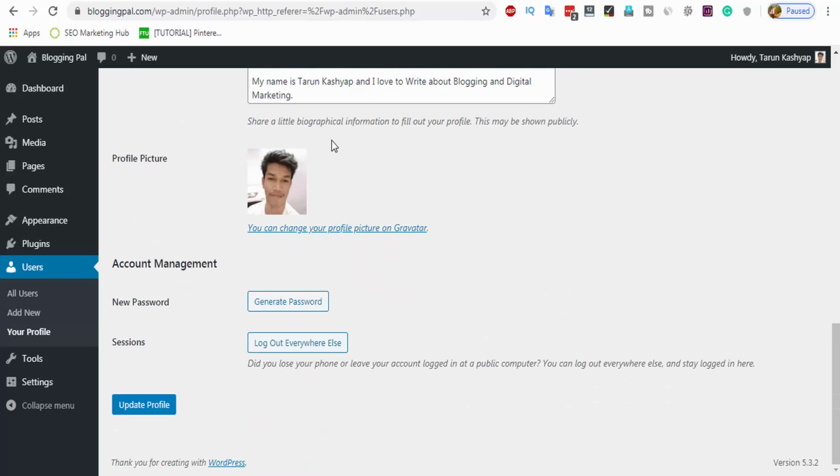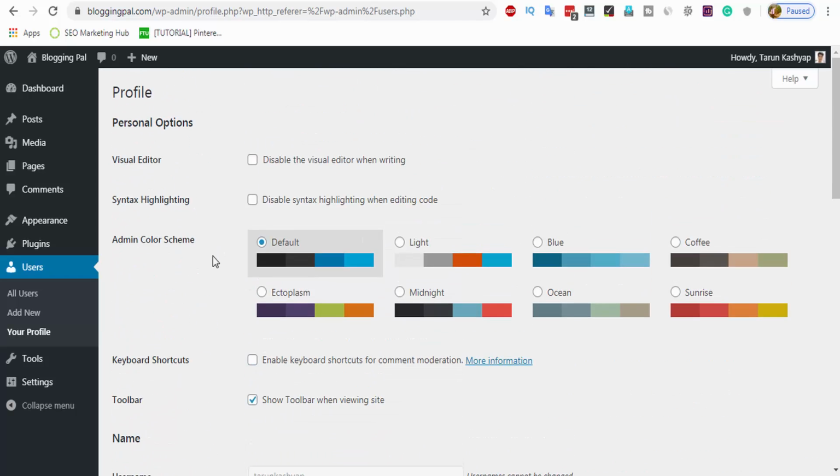So this is my gravatar. I have changed the gravatar on my WordPress.com account. This is the gravatar at my WordPress.com account. If you don't know how to add a gravatar, then I will make a video about this, okay? But for now, I'm showing you all the changes that we need to do after installing a fresh WordPress, okay? So we have changed the user profiles